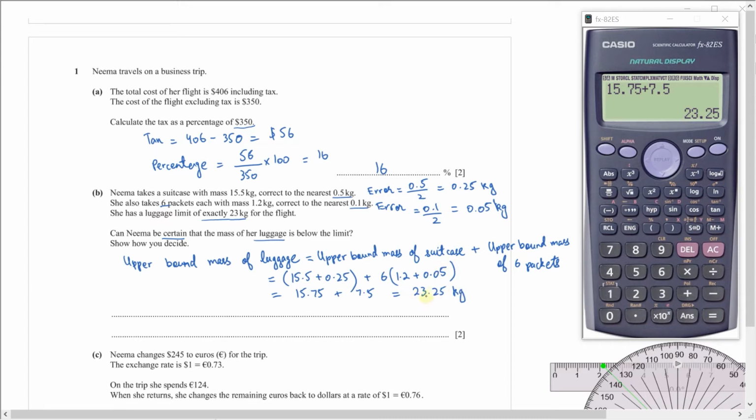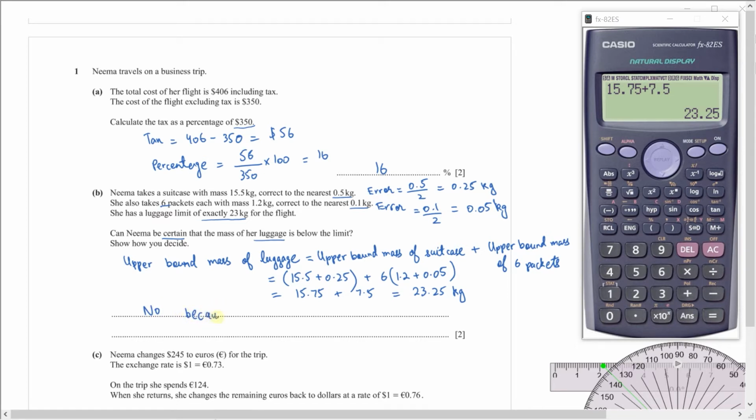It can be below this depending on the error, but we took the upper bounds to calculate the upper bound mass of luggage. So the maximum possible value is 23.25. It can be 23.1. It can be below 23 as well. But you cannot be 100% sure that it will be below this 23 kg limit. So can Nima be certain that the mass of her luggage is below the limit? No,